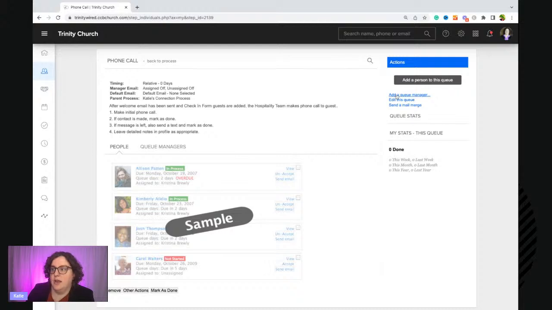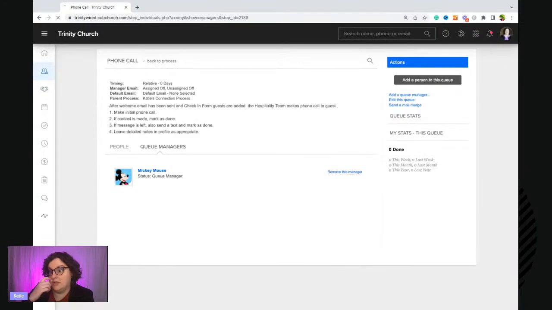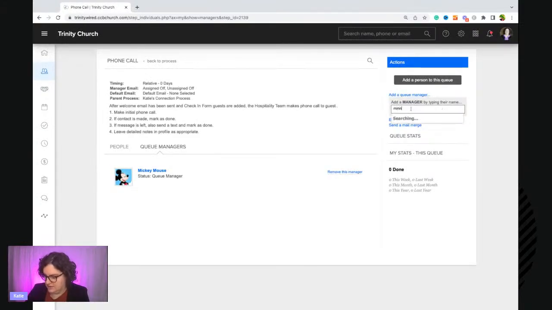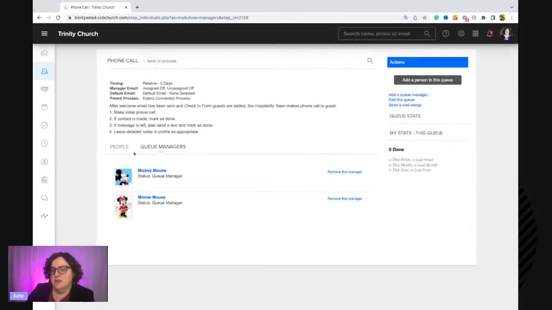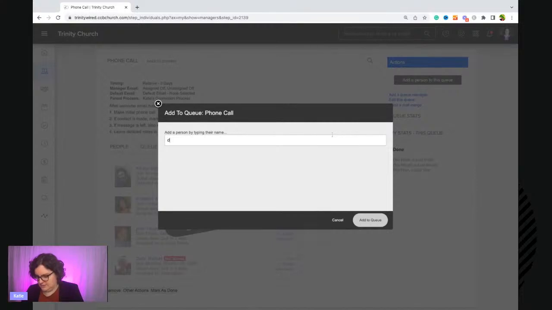Now I can also add a queue manager. So let's say I'm going to have Mickey Mouse make these phone calls. Mickey and Minnie have actually volunteered together. Super great, so I appreciate that. So then Mickey and Minnie get added. And then let's say